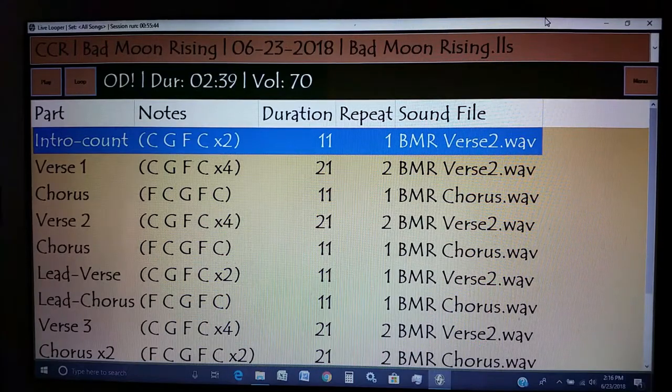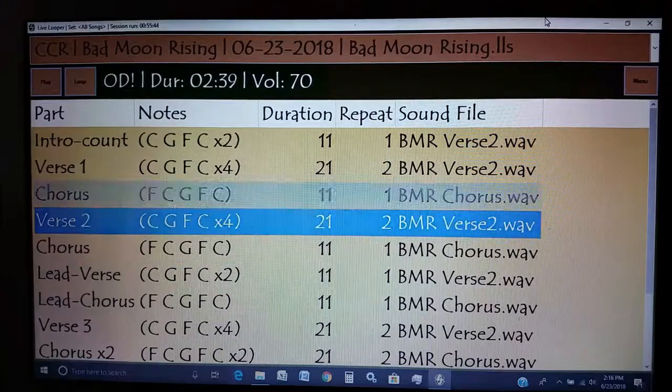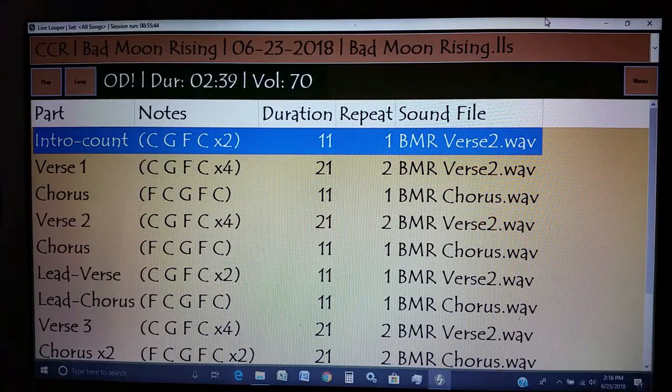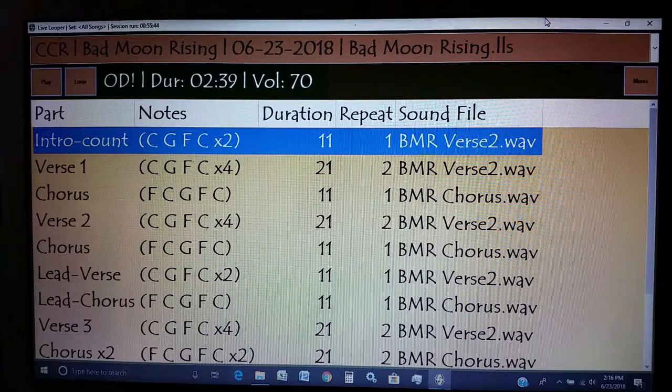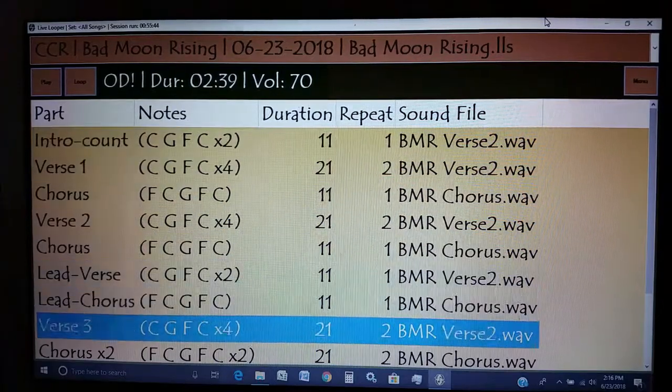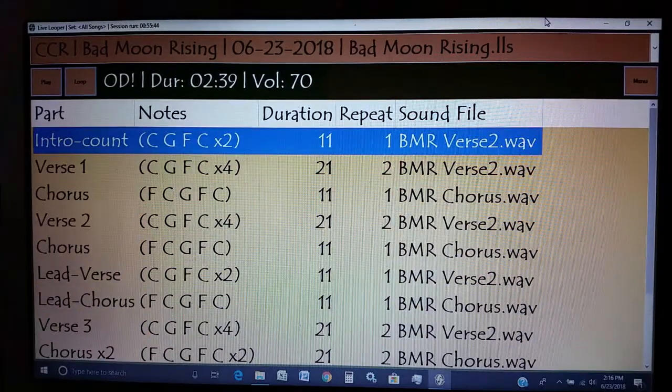Your songs can have as many parts as you want. Here I've got a song, CCR's Bad Moon Rising, and these are all the various parts of the song. Your song can have intros, outros, endings, verses, choruses, solos, etc., as many parts as you want. Your song will play in the default sequence that you define, but you can, if you want, dynamically change the